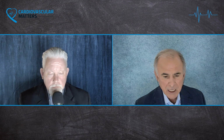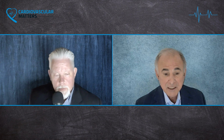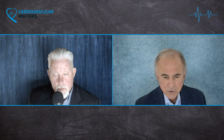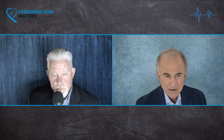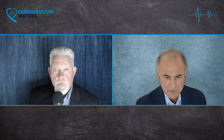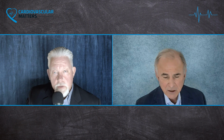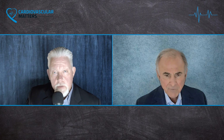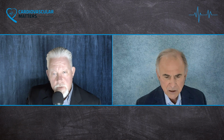Because remember now, we can't see the laser fiber. It's just that small. But we can see the needle. So what we then do as we're lasering, we pull back and we can see the needle, and then we treat the entire segment of that vein. Often this provides really immediate relief of symptoms, and we start to see healing of these venous ulcers. And this has certainly been something which I think has revolutionized the way that we can treat these venous perforators